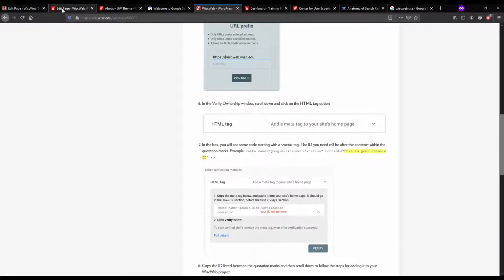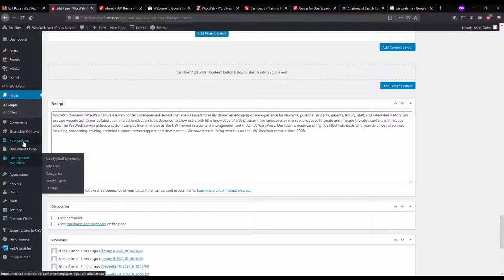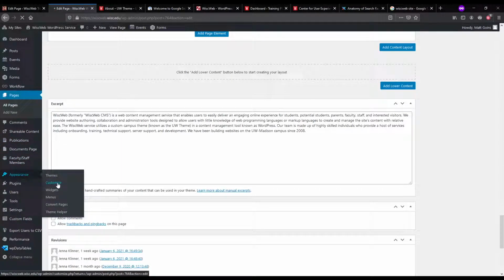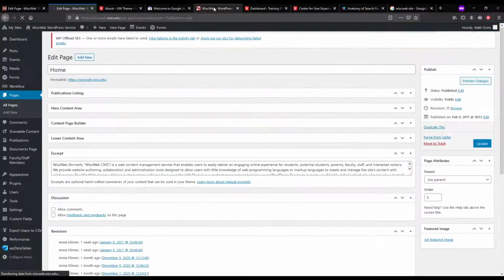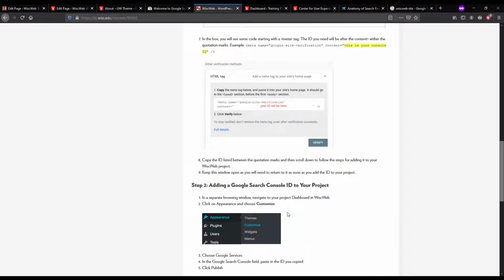You will take that ID value, a long number, and bring it to your appearance customize area, and it goes into your Google Services area. Once it's in there, you can go back to your Google custom search and verify it.